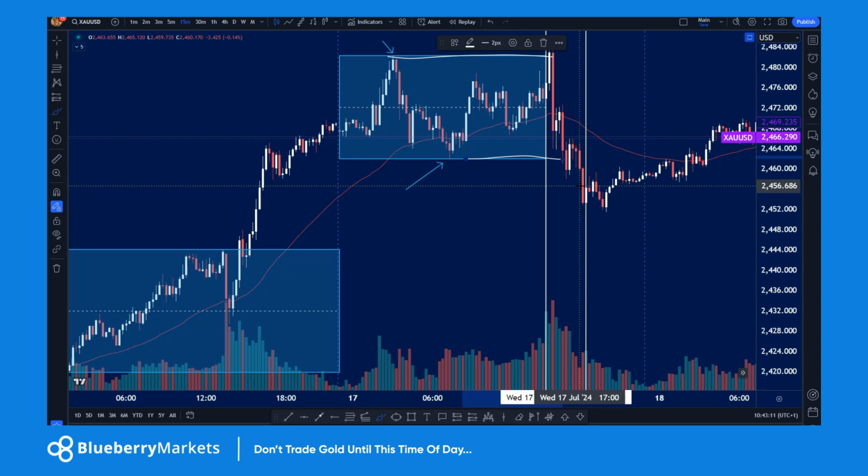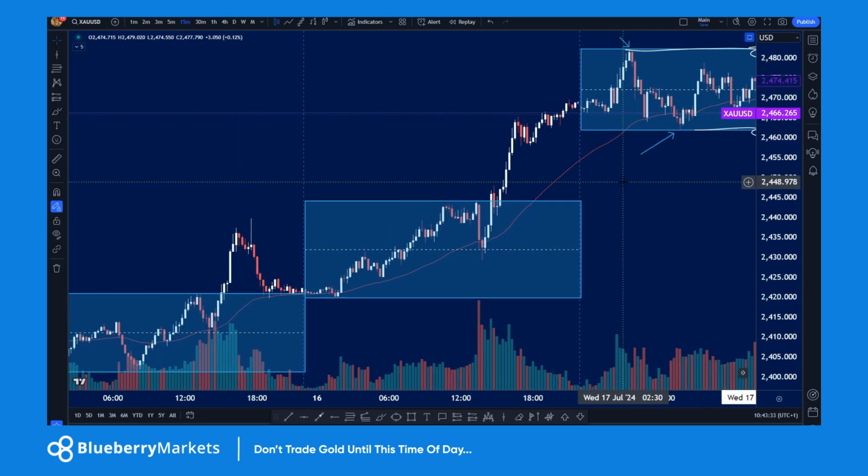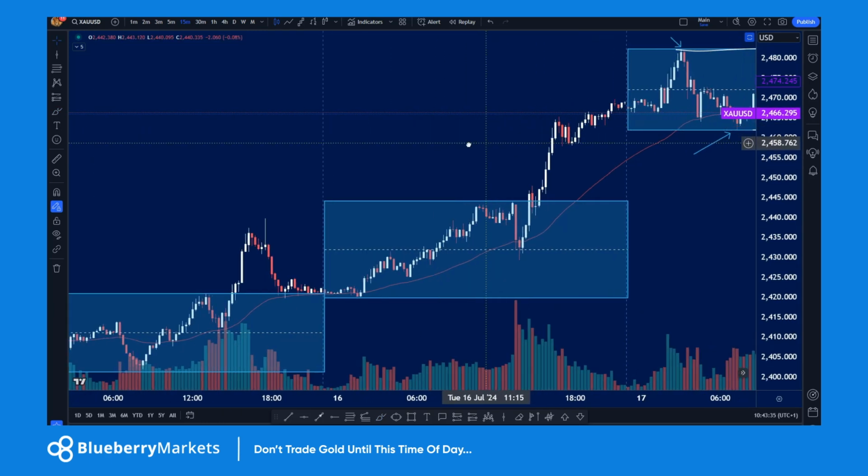There's the trading strategy. That is looking for the potential reactions from the high at the start of the session on the US, or look at reactions from the low of the range, or look for the potential for a breakout opportunity. Now just to go through a few more examples of this, if we go to Tuesday the 16th